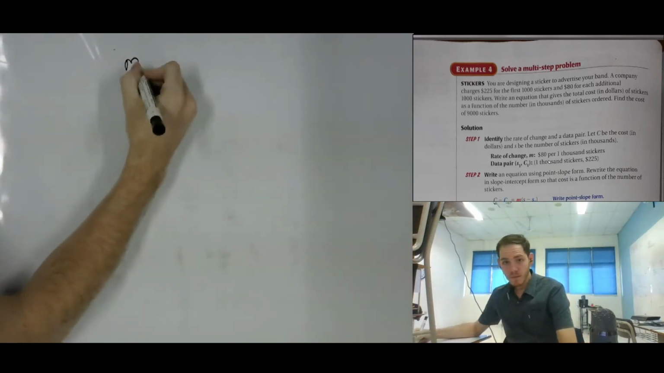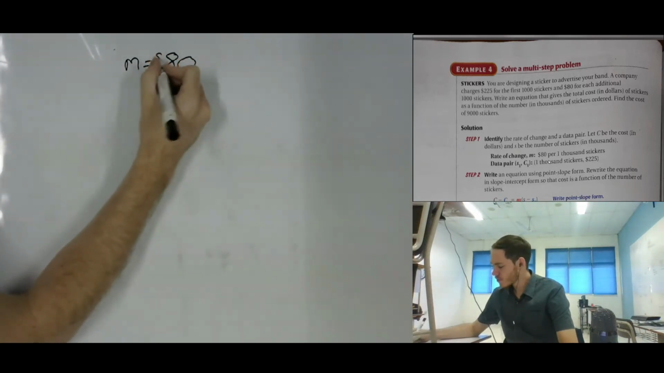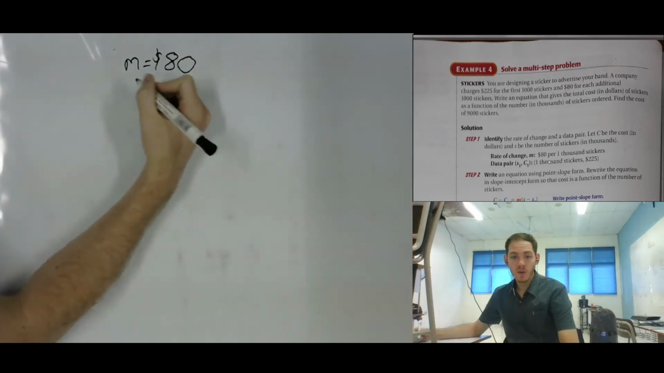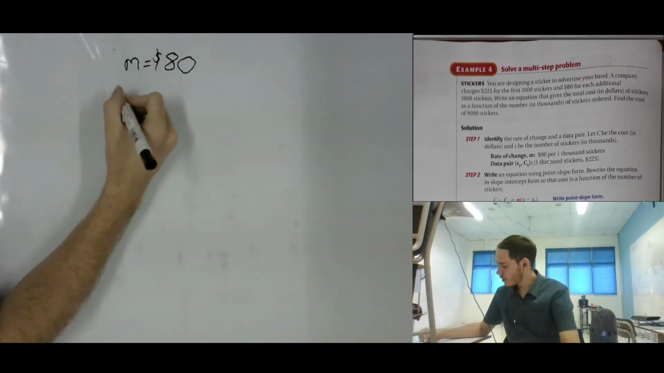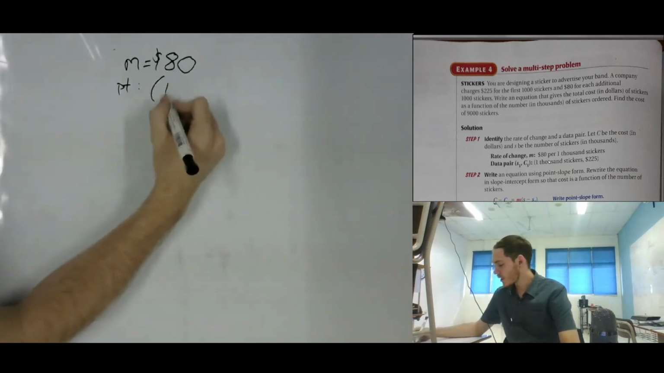Word problem. They give us you're designing sticker to advertise your band. The company charges $250 for the first 1,000 stickers and $80 each for each additional 1,000 stickers. So we have a rate of change, M equals $80 per 1,000. What is our point? Well, our point that they give us is they give us the first 1,000 stickers,